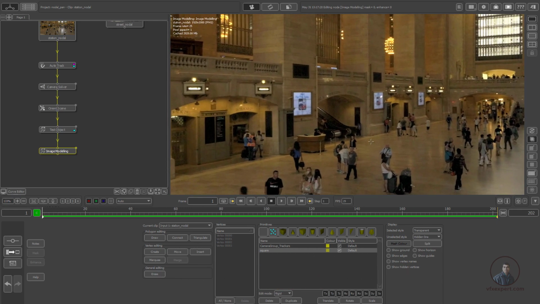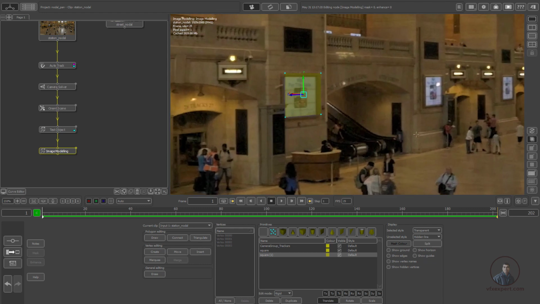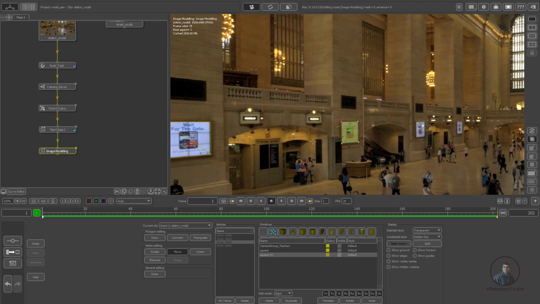So again for this one also. Again I have selected this one, again click on this duplicate, then simply click on this translate and just move it and place it on our second screen here, then adjust it here. Again after this click on this move and adjust this one also. So you can create any geometry and test your scene.